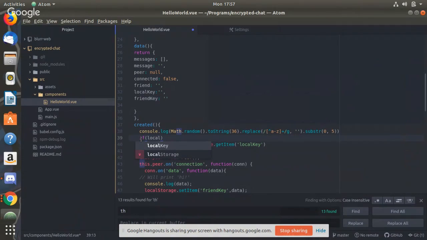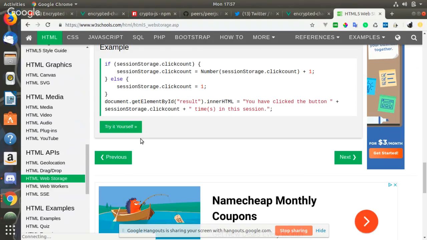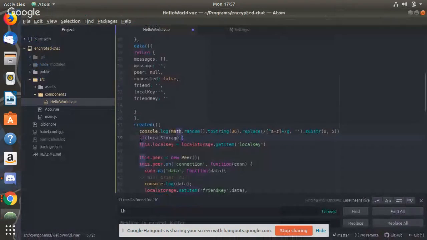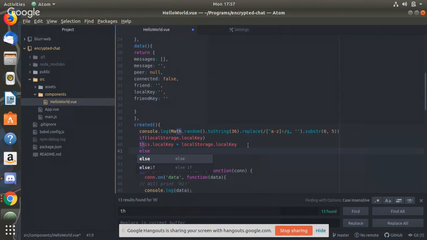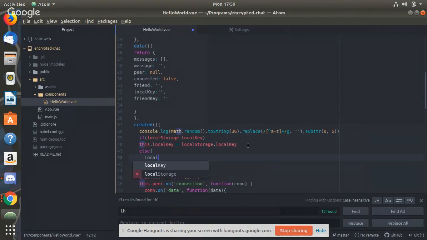If local storage, all right, so we're going to check to see if it exists, otherwise local storage dot local key is going to equal